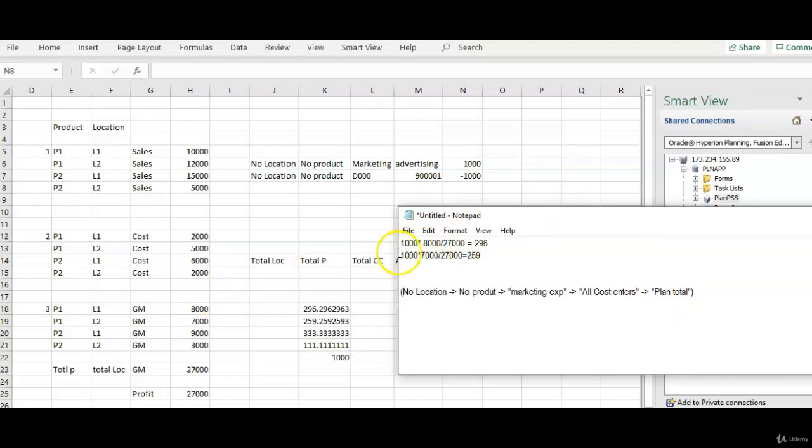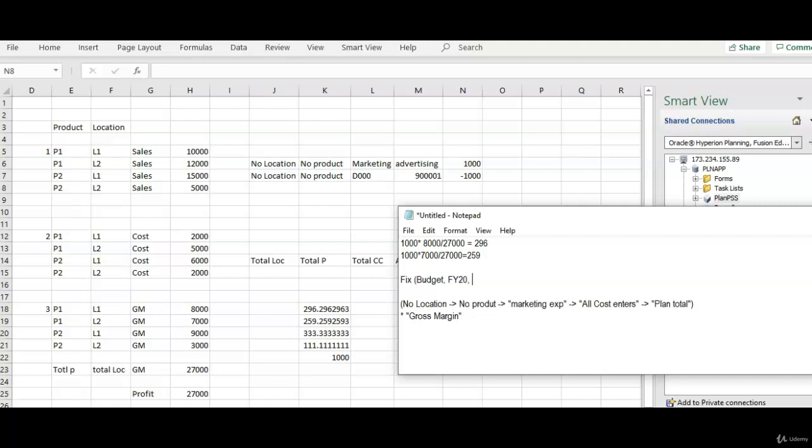So now next is 8,000. So what is 8,000 here? Gross margin. So I need to multiply this with the gross margin. This is the driver to distribute based on gross margin. What should be in the fixed statement? So you need to allocate it to various scenarios, then create a runtime prompt. Right now I am using budget. You want to distribute this in all years at the same time, or you want to hard code it like this, or you want to create a runtime prompt. Obviously runtime prompt, but I am using a constant here, FY20. You can use RP_year. And similarly RP underscore version, any version.